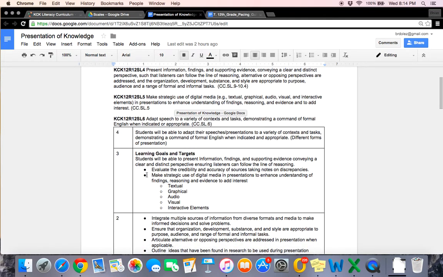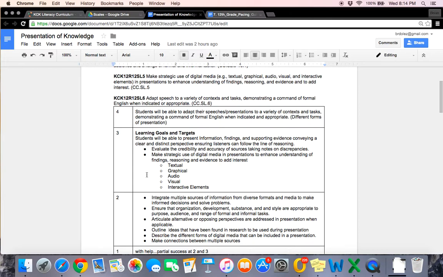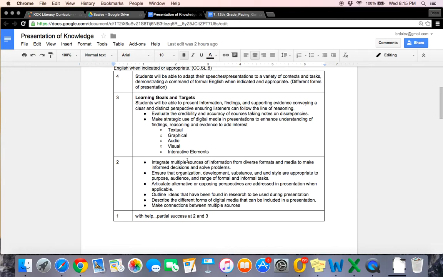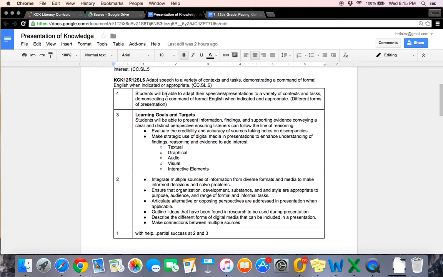So the first thing I did was unpack those standards to look at the learning targets, and identified the taxonomy of those learning targets. I felt like up here we're kind of at analysis in terms of students presenting their information and findings and supporting evidence, following a line of reasoning in their own way. So here I felt these were the highest level of those four standards. Down here, I created my progression of learning, simple to complex, and then created my cognitively complex goal, where I thought if a student was able to do this well, can they adapt their speech or presentation in various forms